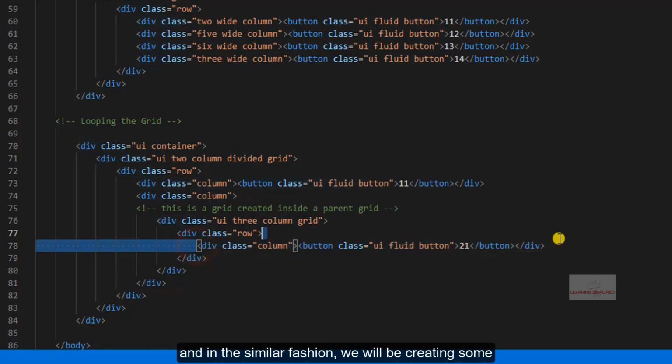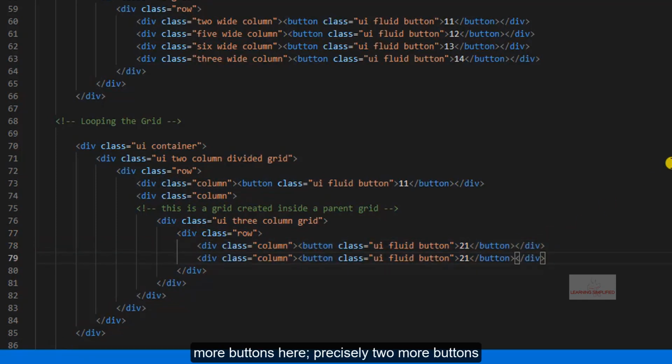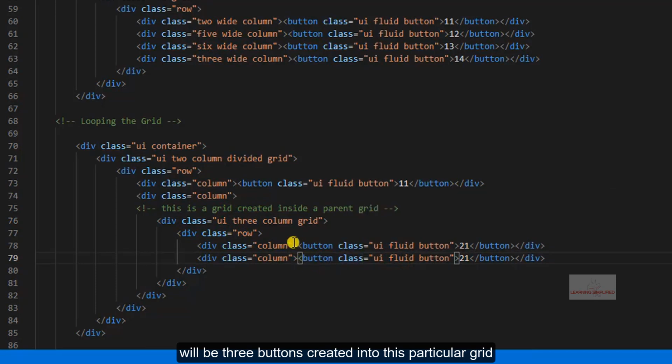And in a similar fashion, we'll be creating some more buttons here, precisely 2 more buttons. As we had mentioned that this will be a 3 column, there will be 3 buttons created in this particular grid, the looping grid that we had created inside a parent grid.